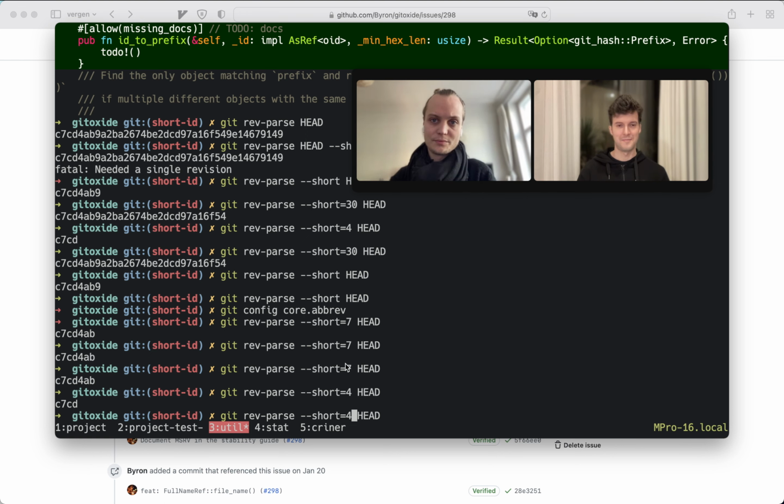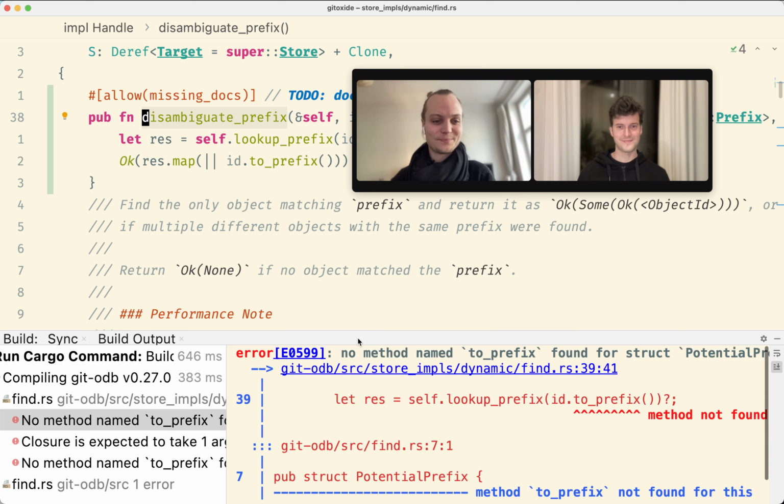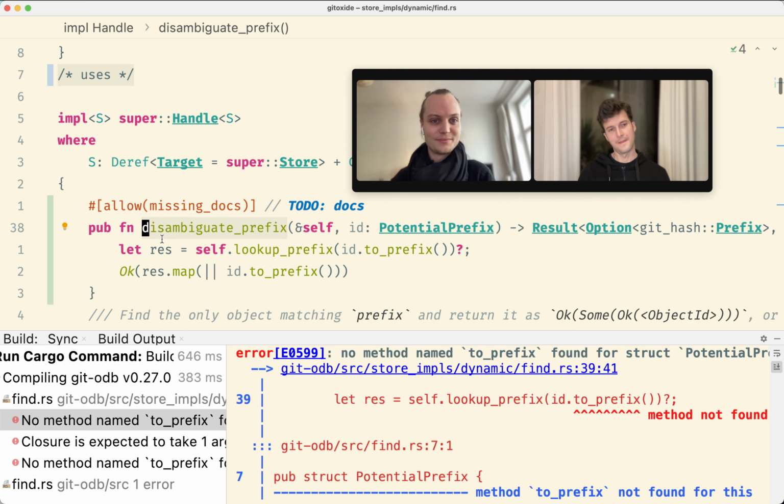And all the machinery that we built so far is really just for that one capability, to be able to say, no, I don't use 4 characters, I use 5. Like this is what we do here. Exactly. And instead of short ID, we named it to disambiguate prefix, because we kind of are stuck with that term for lack of a better one. So prefix seemed good on this level as a name for what